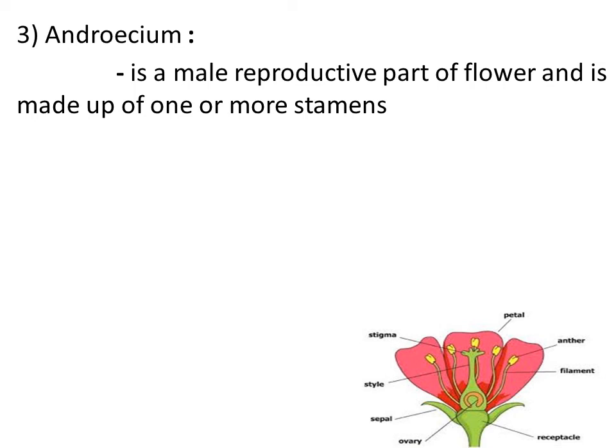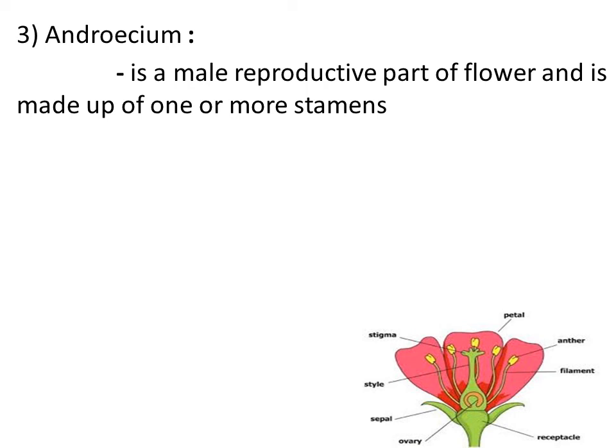There is a bilobed structure we can observe in the stamen. That bilobed structure, the yellow colored part we are observing in the diagram, is nothing but the anther. The anther is the part of the flower where the formation of pollen grain takes place. We have already studied this when we studied the life cycle of angiosperms, right? So the stamen consists of two parts. The long thread-like structure is known as the filament, and the filament ends with a bilobed structure called the anther. The anther is the place where the formation of pollen grain takes place.